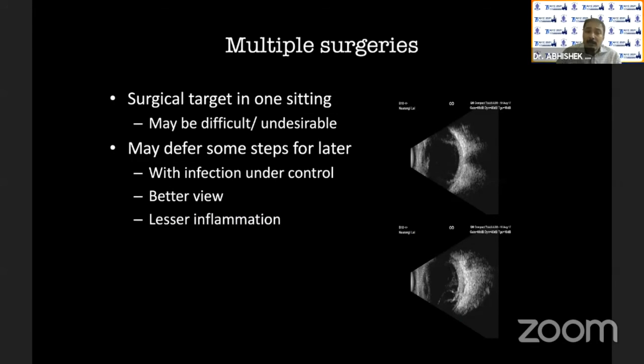So the other thing that I want to highlight is multiple surgeries. Surgical